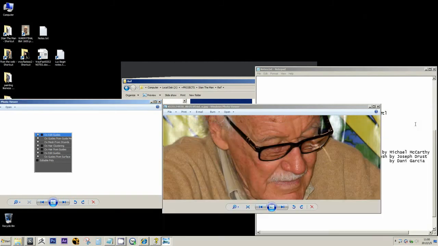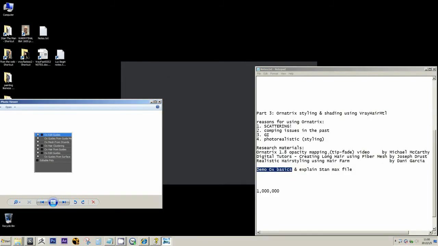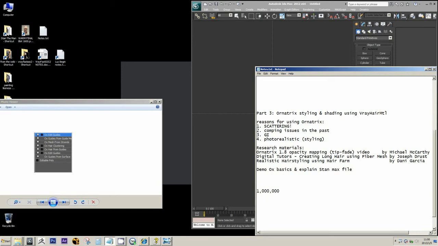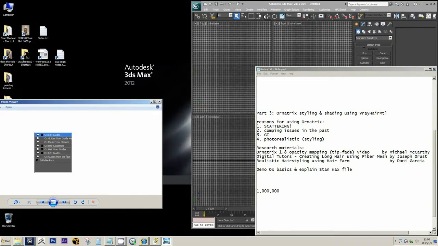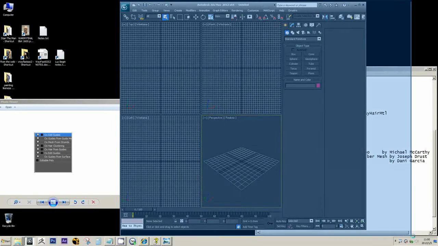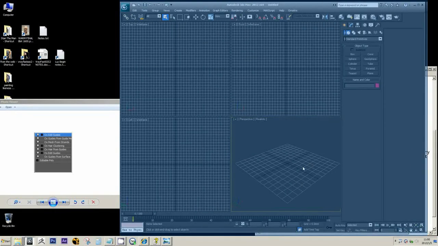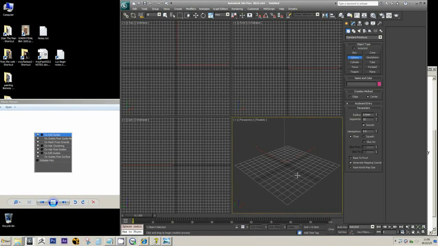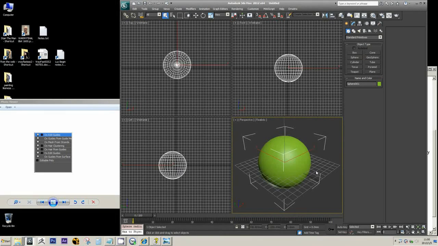We'll close some of the unnecessary ones. And what else? Alright, so I thought about it. I wanted to do a simple demo on a sphere, but I guess